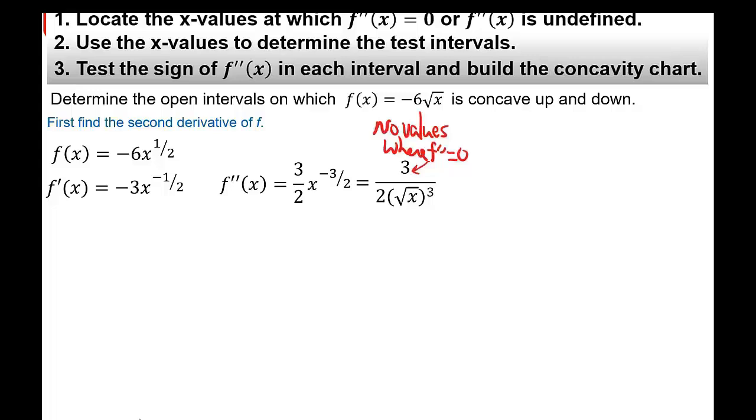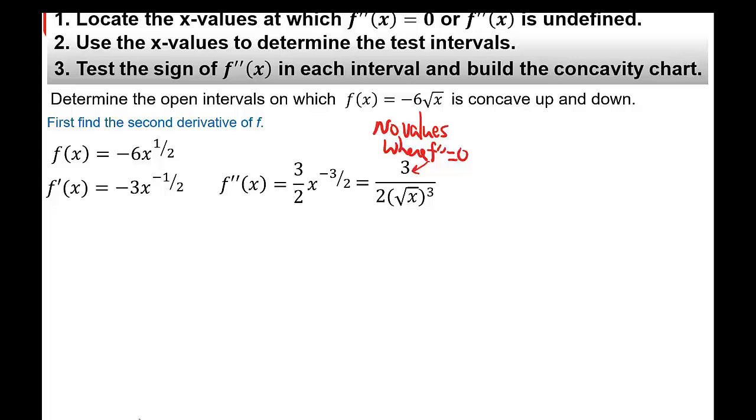According to our guidelines, we look at the places where the second derivative is 0 or undefined. And this is one of the reasons I work this problem. This is not quite as simple as the other. When we're working with polynomial functions, life is always easier. Things happen nicely with polynomials. But when you have